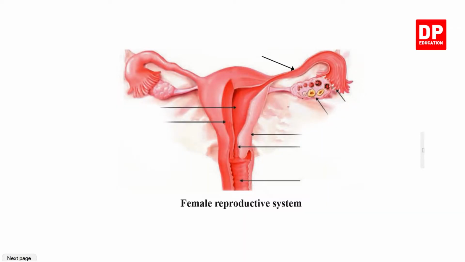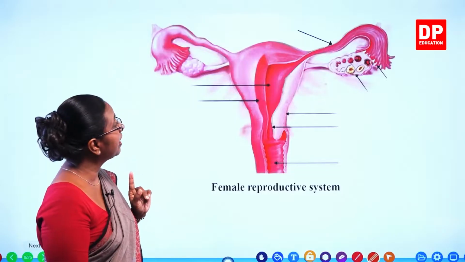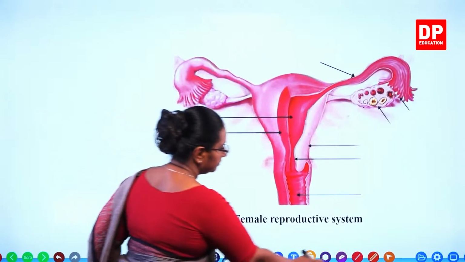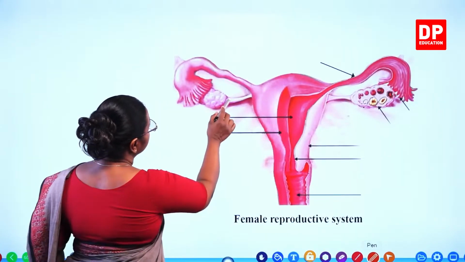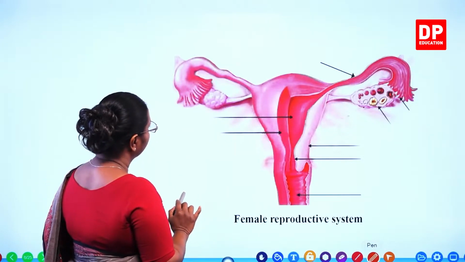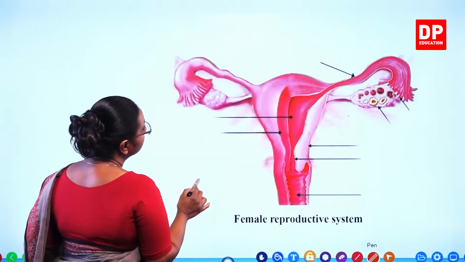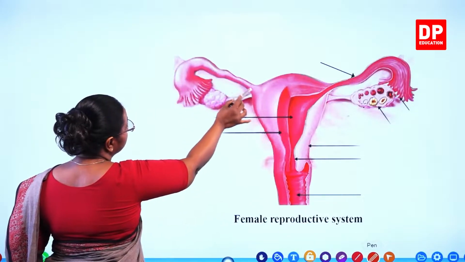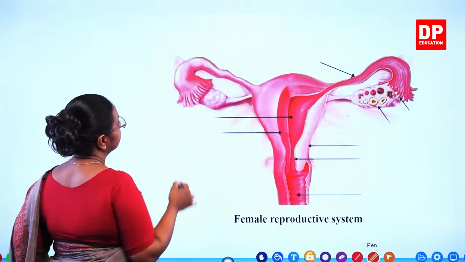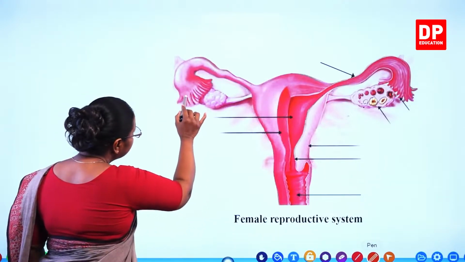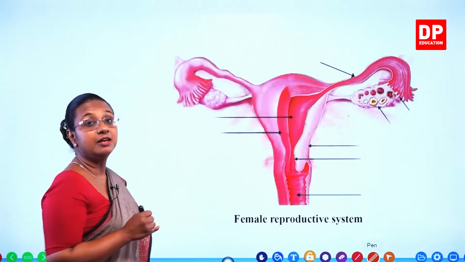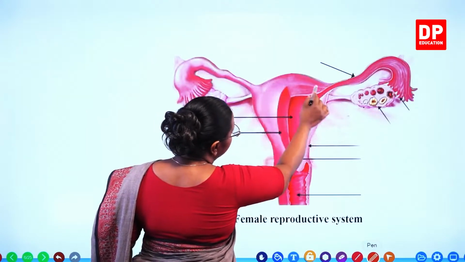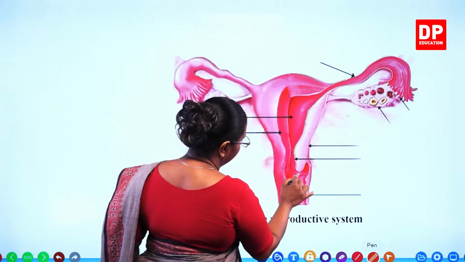Here again we have the female reproductive system. All the parts are given in detail. So, here again you can look at the structures. Here you can see, students, this is the ovary and the ovary is connected to the uterus. Here you can see from the fundus of the uterus, the fallopian tube extends, and it has a funnel-like structure at the end, and here you can see the finger-like projections, the fimbria. So then again, inside if you look at the uterus, the fundus, body and the cervix part,